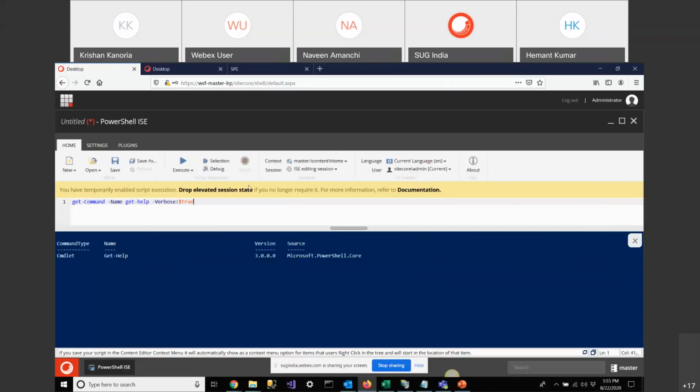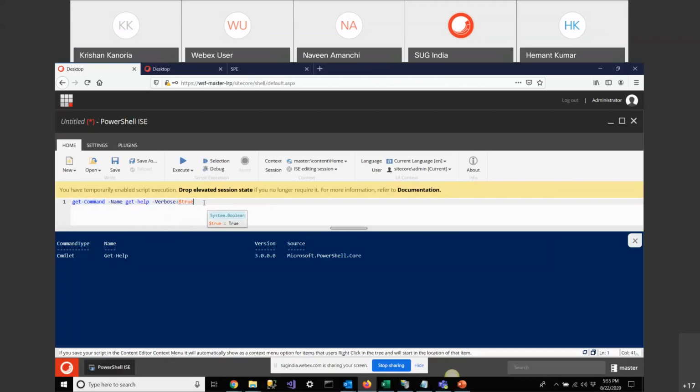If I execute this, it is true right now. This way you can use these kinds of switches. You only need to provide these parameter names along with your cmdlets, and these are the switches.